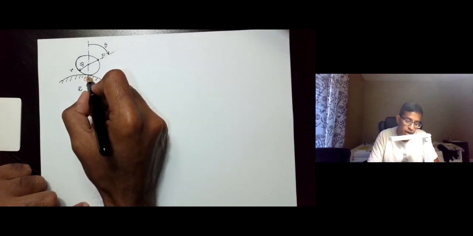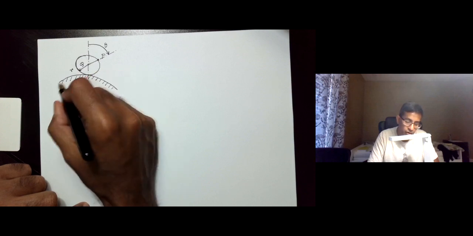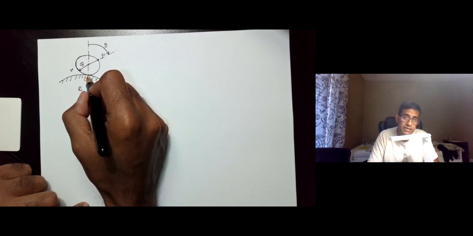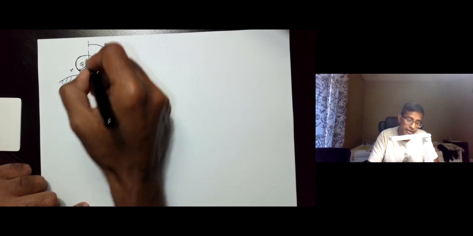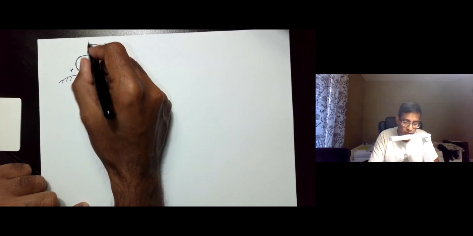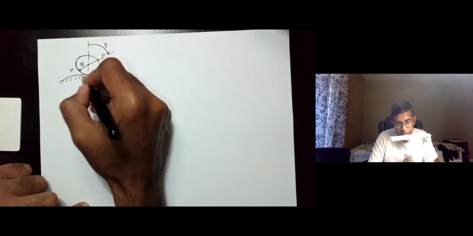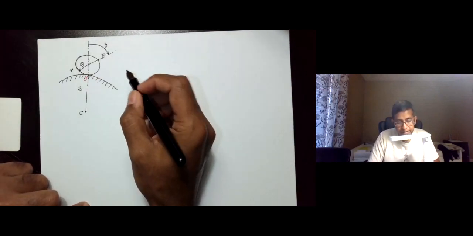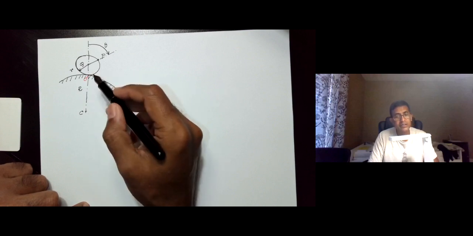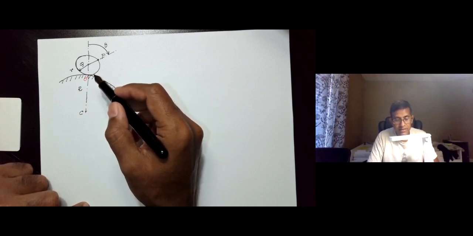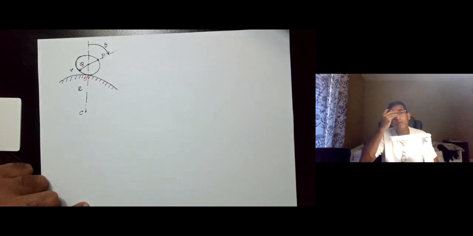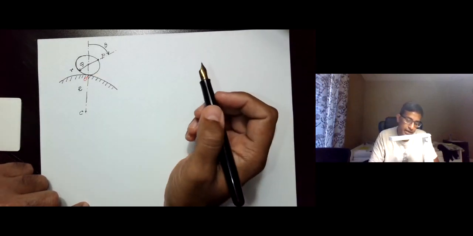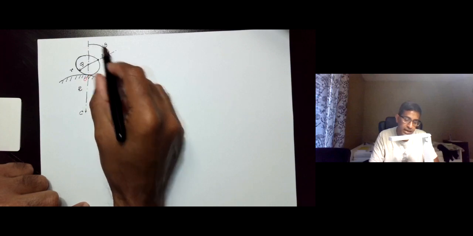It goes through O prime, which is the point of contact of the disk on the ground, and O prime is a point on the ground. It is not the point on the disk, it is a point on the ground. And then that same line goes through point Q. So all these three points, Q, O prime and C, are collinear, because clearly there is contact, and so the center of curvature of the surface and the center of the disk would be in line with the point of contact. Now the point P makes an angle theta with that line,